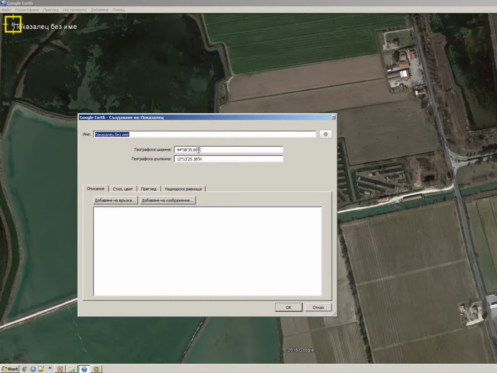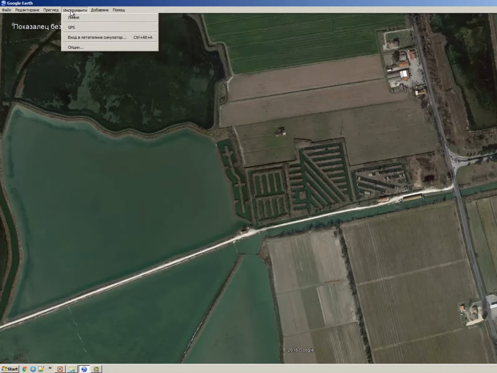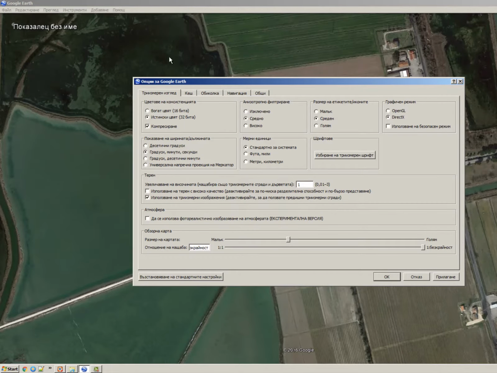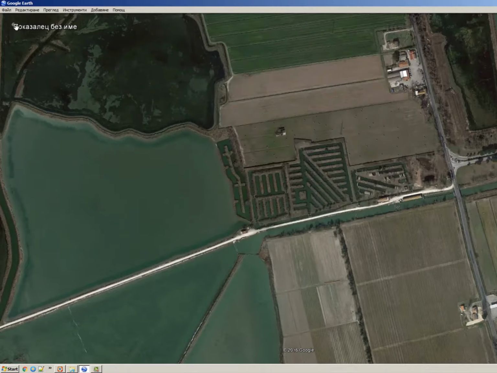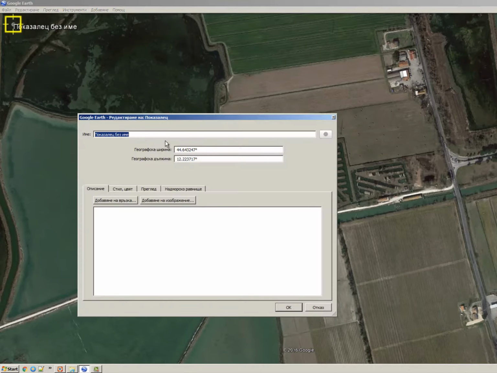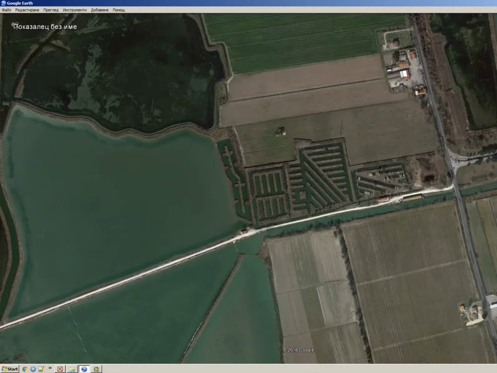and here you receive its coordinates. I will save it for now and show you how to change the coordinates type. Go to options and preferences, and then on the tab for the coordinates you will choose tenths of degrees. And now if you right click and go to properties, you will receive the coordinates. This is north and this is east. Press OK,